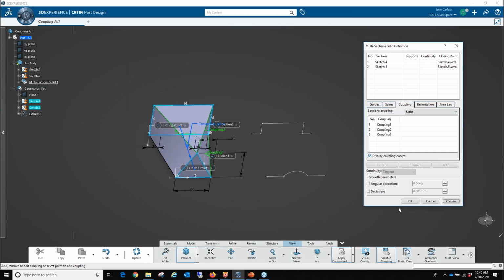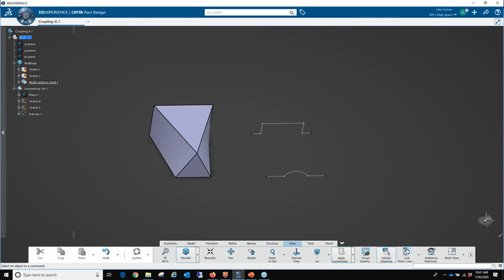So that would give me a much better result on there. So once you've got your automatic coupling method turned on, you can further refine this with additional coupling curves. So let's say okay to that. Now on this next example, I want to do the same thing, but this is an example of an open